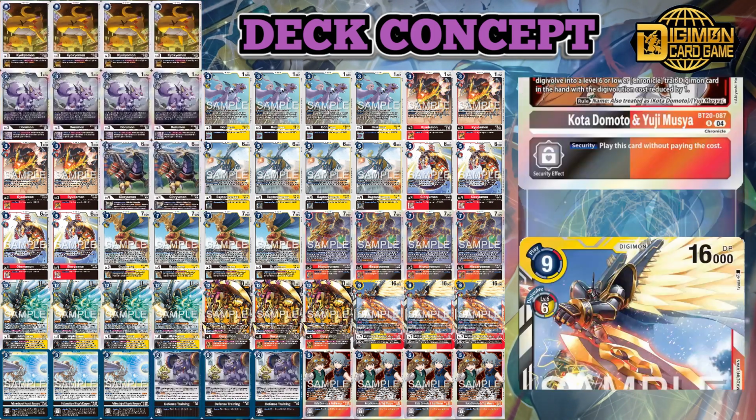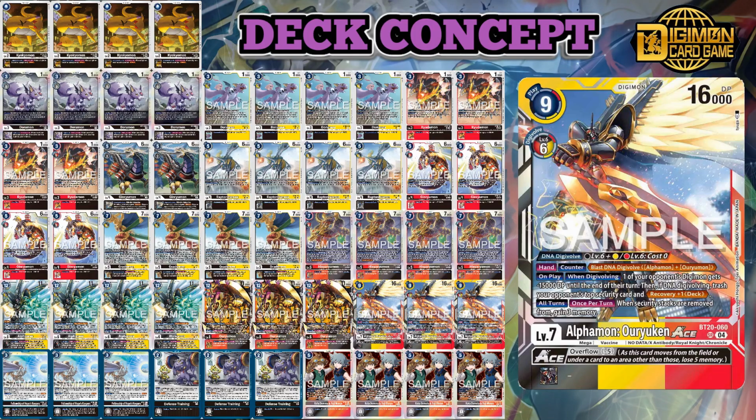What are your thoughts on the Alphamon Ouryuken mode ace, and are you going to play a Chronicle deck? An OG Alphamon deck with Dorumon and Grademon, or are you saying screw those lines altogether and going the Royal Knight route? Let me know what you thought about this one, and I'll catch you